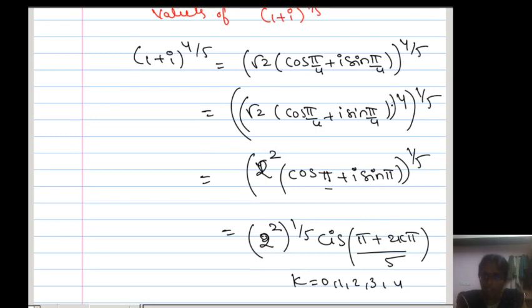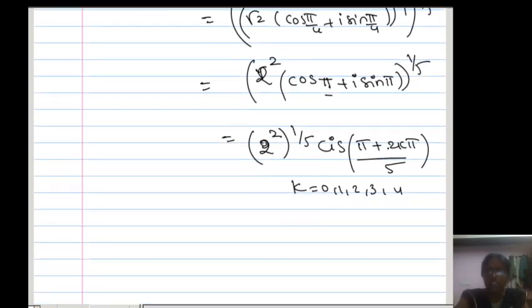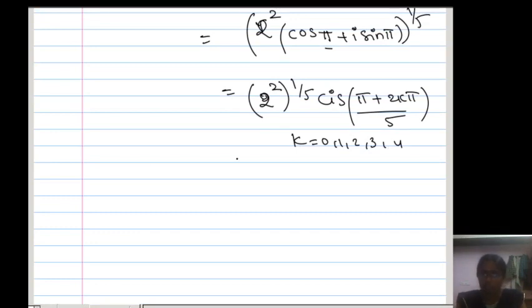First I am applying De Moivre's theorem here, integral index. After that you are getting 2 power 2 is r naught, theta naught is 5. Then applying the fifth root of unity, the roots of the fifth root of your complex number. Now 2 power 2 5 by 6 of (2k plus 1) into 5 by 5, where k is equal to 0, 1, 2, 3, 4. Now tell me how many are existing? 5.